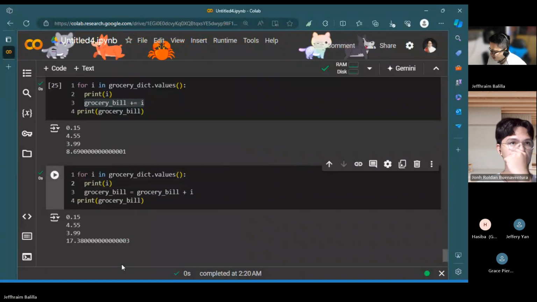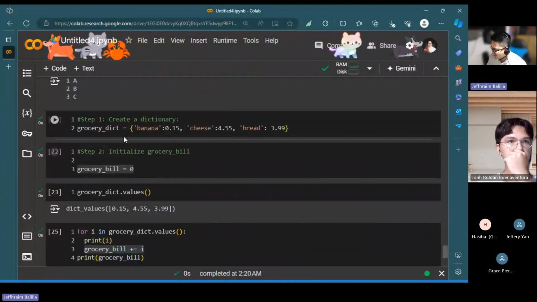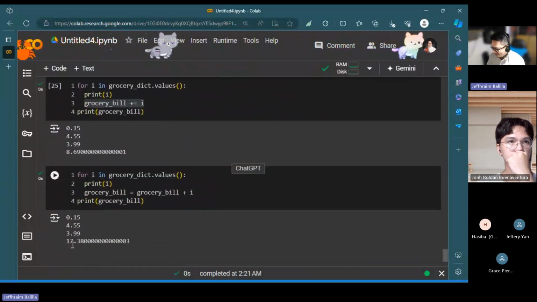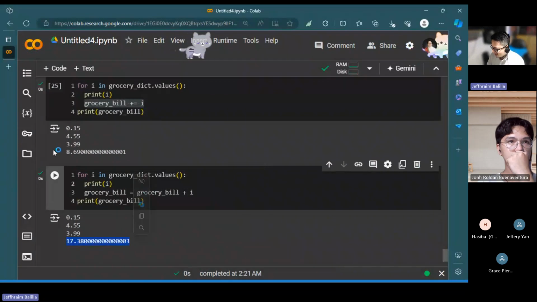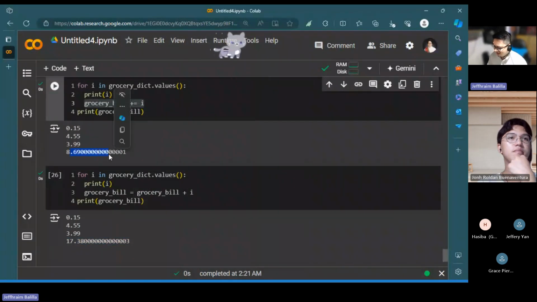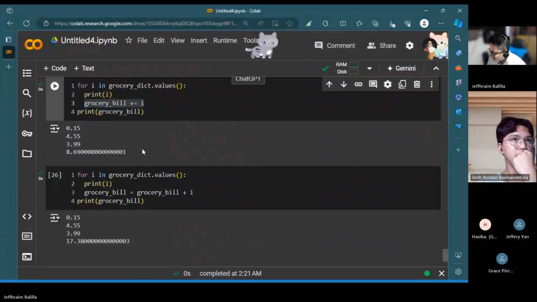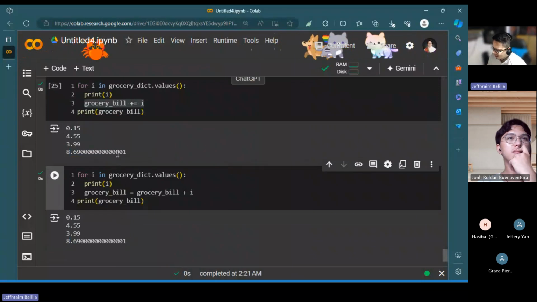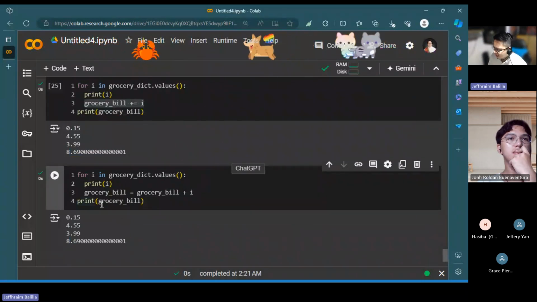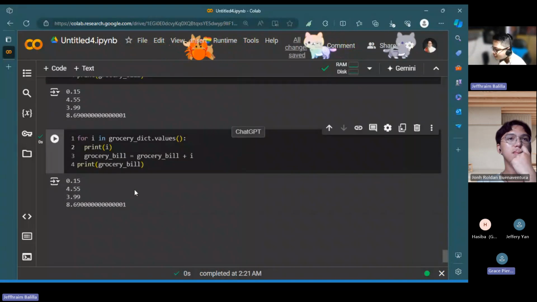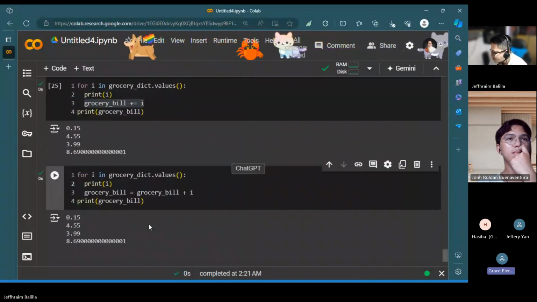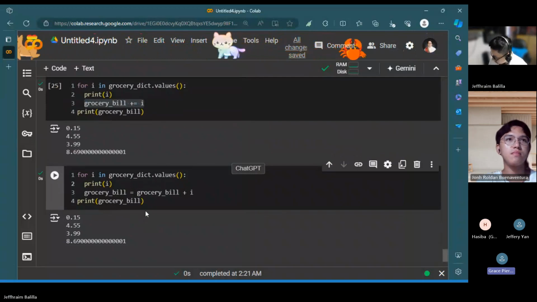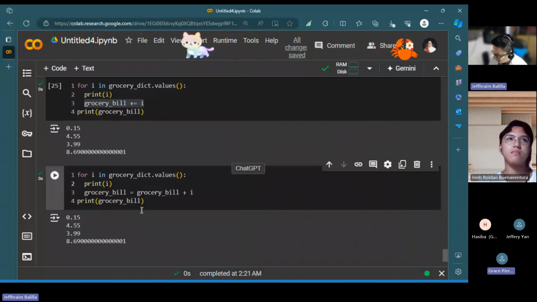Let's run it. Well, I have to initialize it again. And notice the reason why we have 17 right here is because it already has an 8.69 value, so it got twice of that. So if we run again the initialization process, we would get the same thing. Now, what I want to do. So when you did the for variable in, that then kind of created its own entity that has a variable of i. Yes, exactly.